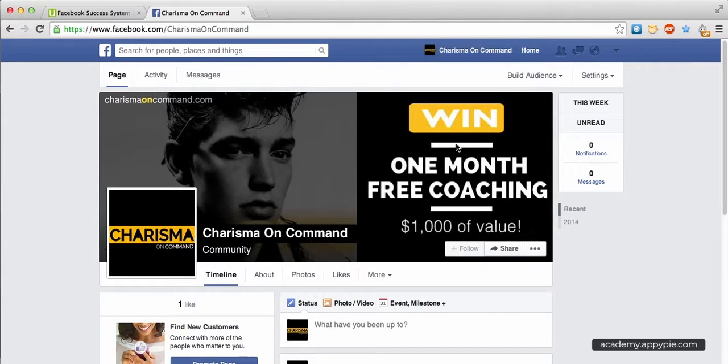As you can see, the images are optimized to have great continuity with each other. The black, the orange, and the white. I have a little bit of grain here with what I would call a charismatic face. And of course, the website on the top left, just to try and get people familiar with the website and the brand. On the right, I've made sure to right align the main features of this image. As you can see, most of the text is over here on the right, and this is actually I've used